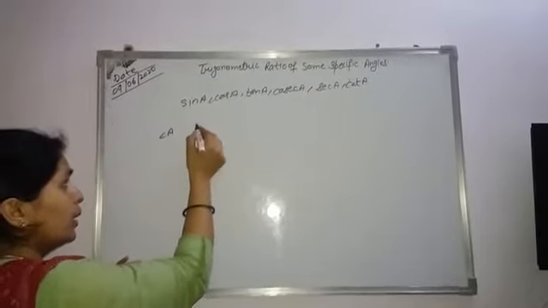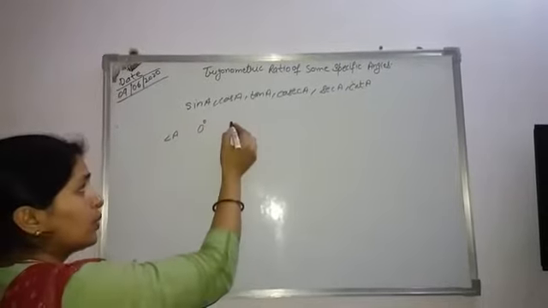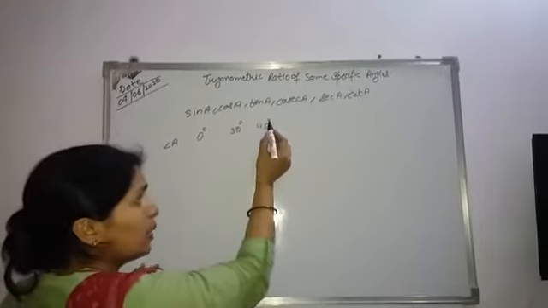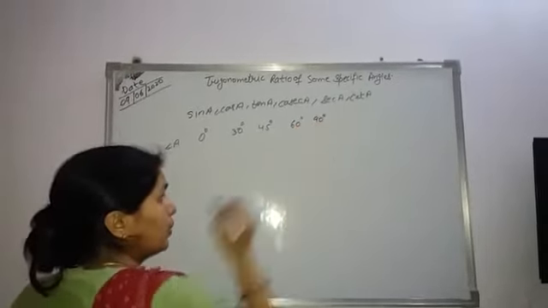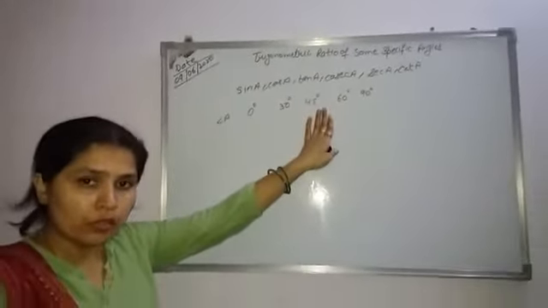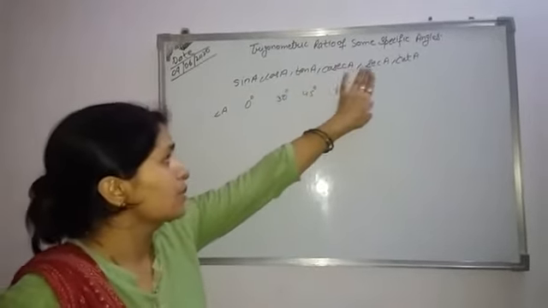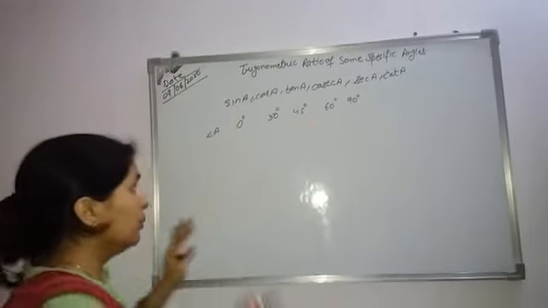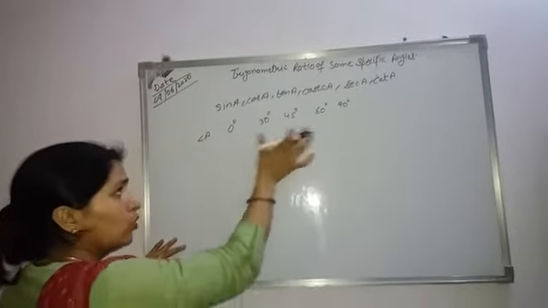Suppose the angles are here. These specific angles are, first, 0 degree, then 30, 45 degree. This symbol is degree. Next are 60 degree and 90 degree. So these are the specific angles, and we want to find the values of sine, cos, tangent, cosecant, secant and cot on these values. Okay, now here is a process. We can make a complete table of these angles.